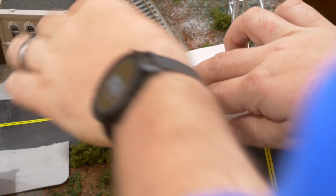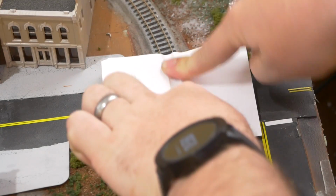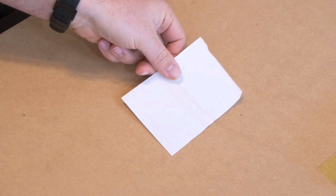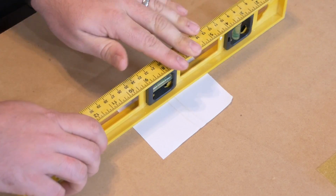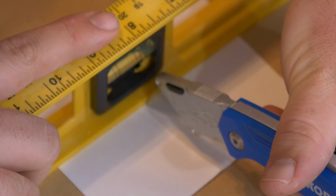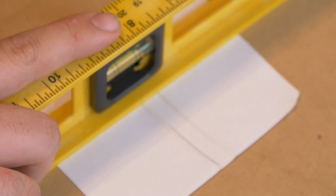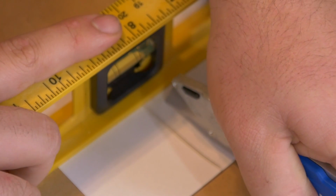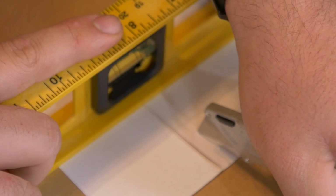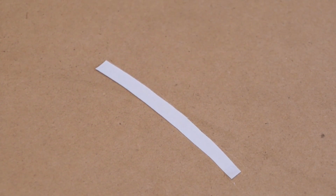I started off by taking a little piece of paper and pushing my fingers down and rubbing along the track. This is going to get me the basic outline of the rails so that I have a little bit of a guide and a stencil to cut the section that's going to be the grade crossing center. So I take that piece of paper back and I put something down to hold it in place, and then I grab a utility knife and I cut inside of the marks that I made from the curved track. I then remove the excess paper, and then I get the beginning of my stencil for my curved grade crossing